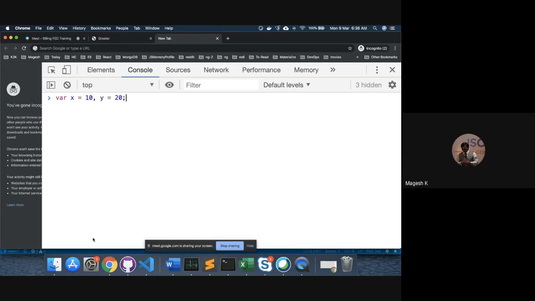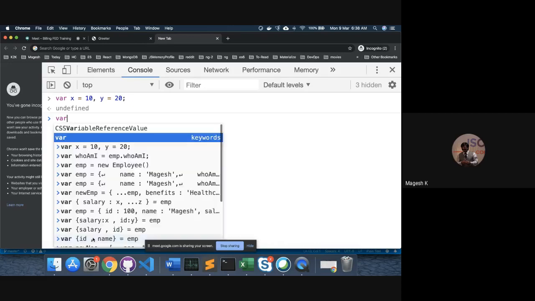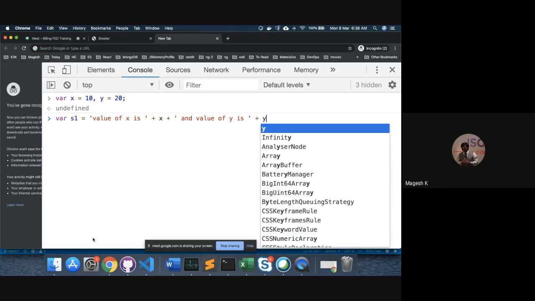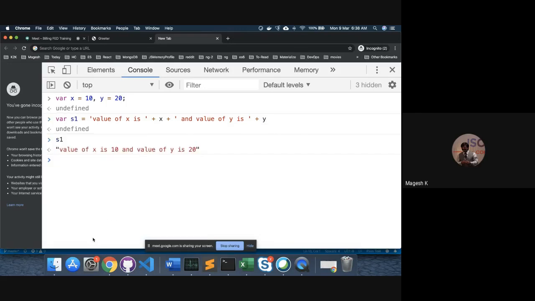And you want to create a string that says value of x is 10 and value of y is 20. So how do I create that string? You say var s1 equal to "value of x is", break the string, concatenate the value of x, and "value of y is", break the string and concatenate the value of y. This is how you will typically do it,